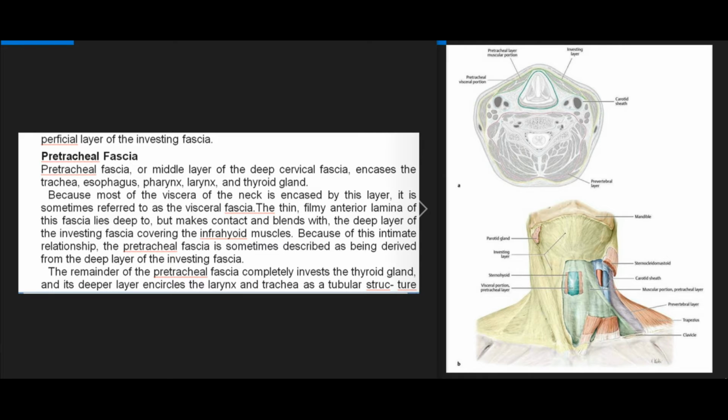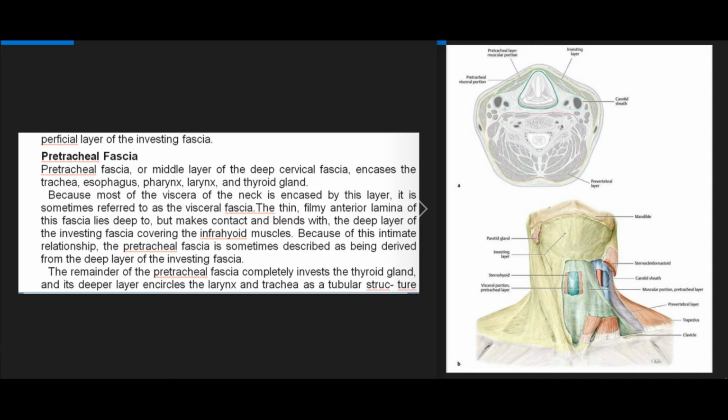Pretracheal fascia. Pretracheal fascia, or middle layer of the deep cervical fascia, encases the trachea, esophagus, pharynx, larynx, and thyroid gland. Because most of the viscera of the neck is encased by this layer, it is sometimes referred to as the visceral fascia. The thin, filmy anterior lamina of this fascia lies deep to, but makes contact and blends with, the deep layer of the investing fascia covering the infrahyoid muscles. Because of this intimate relationship, the pretracheal fascia is sometimes described as being derived from the deep layer of the